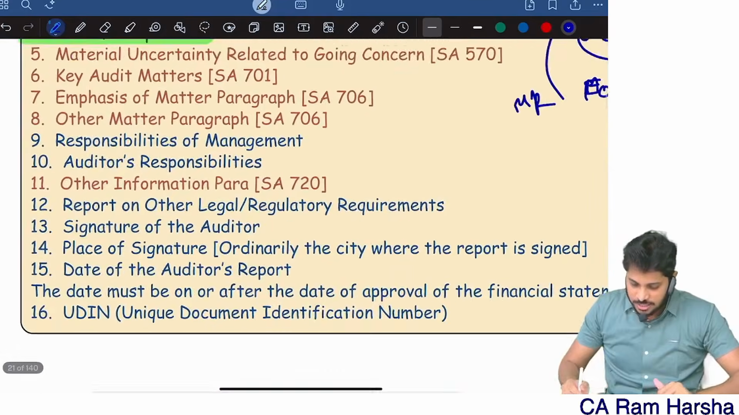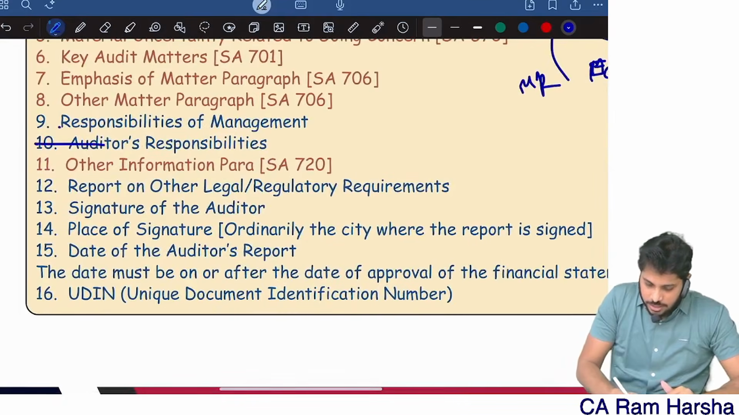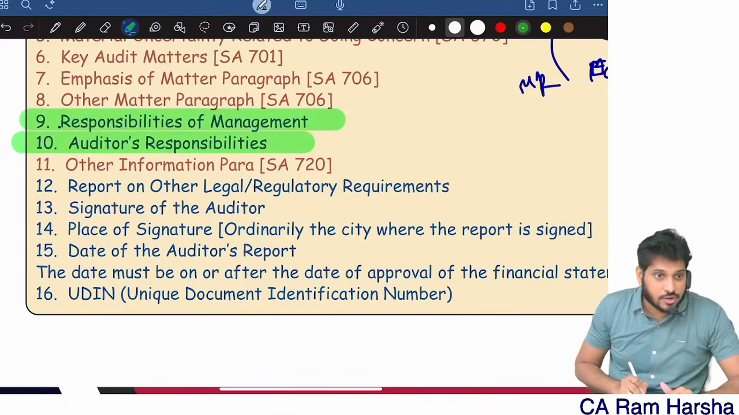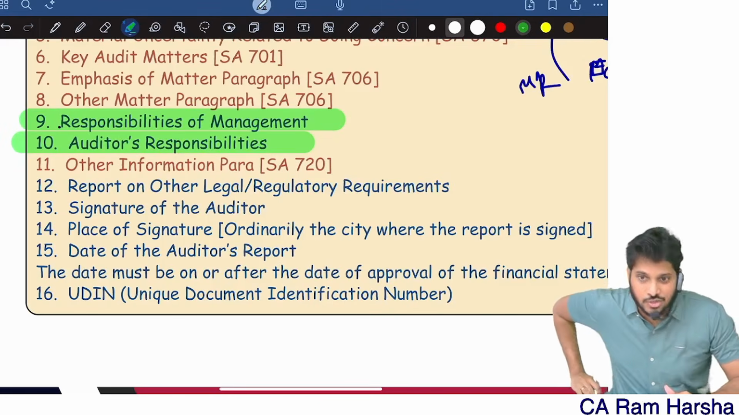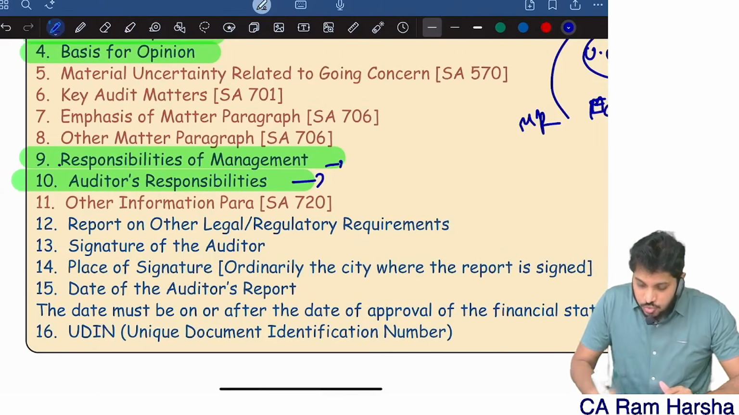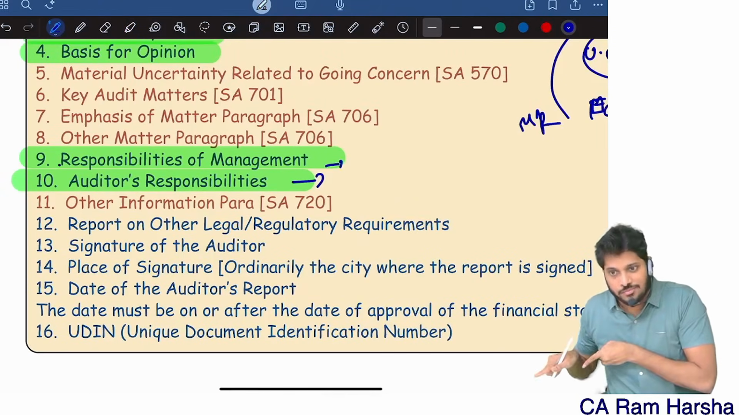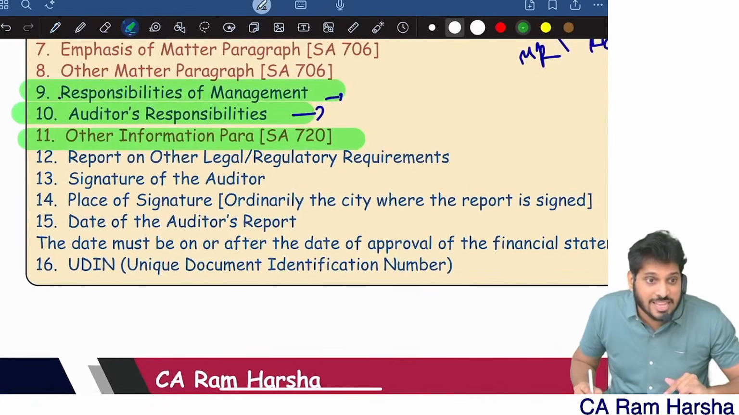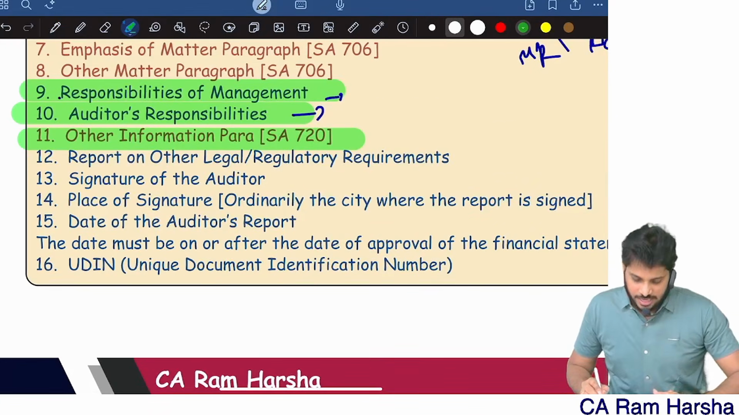The auditor responsibility section is also completed. Responsibilities of management, and auditor responsibilities for audit of financial statements, both the sections are completed. So in the audit report, under this what matter should come, under this what matter should come, that only we are discussing now. Okay, next, other information we also completed because it is not there in our syllabus. Okay, next,